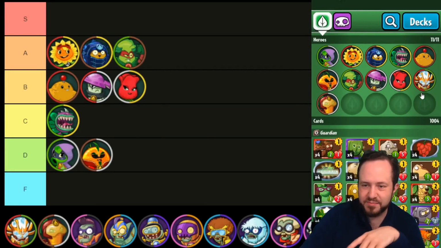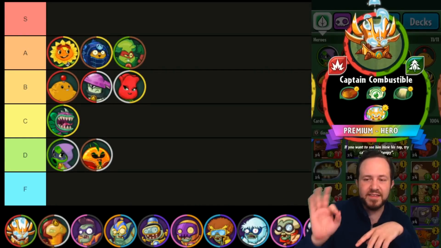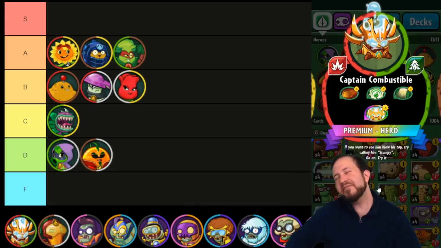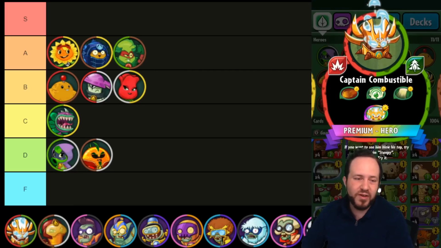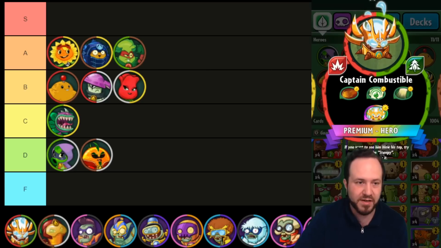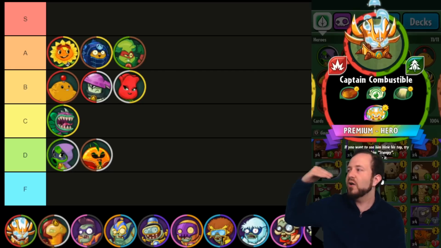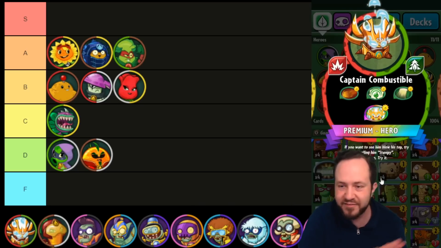All right, this is probably going to surprise some of you when we go on to Captain Combustible. I honestly think this is the best plant hero. Almost every single time we do a Captain Combustible deck, it ends up being ridiculously strong. There is an actual design flaw in Captain Combustible which makes him so good. You can have a garbage deck, and Captain Combustible is still just a foot higher than every other plant hero